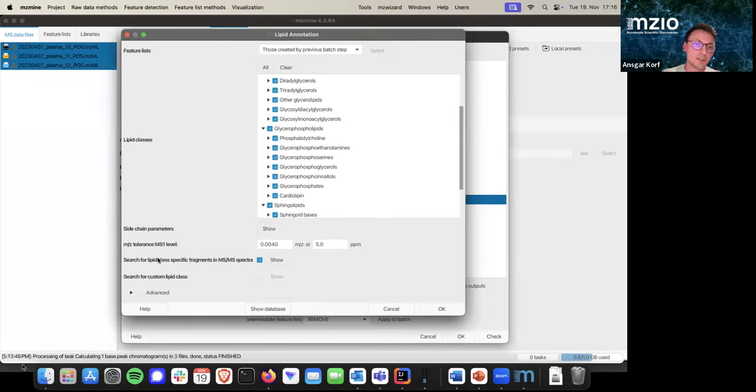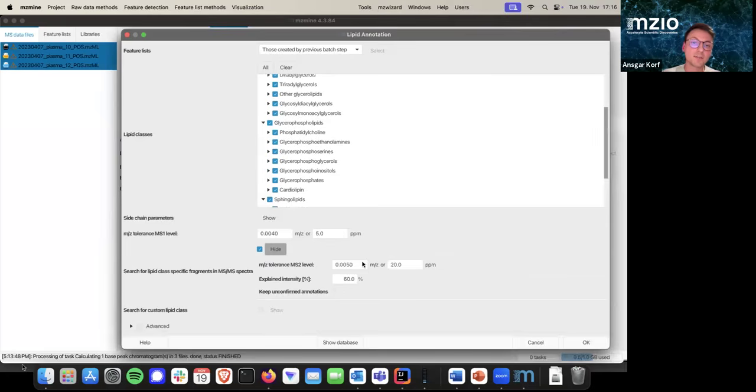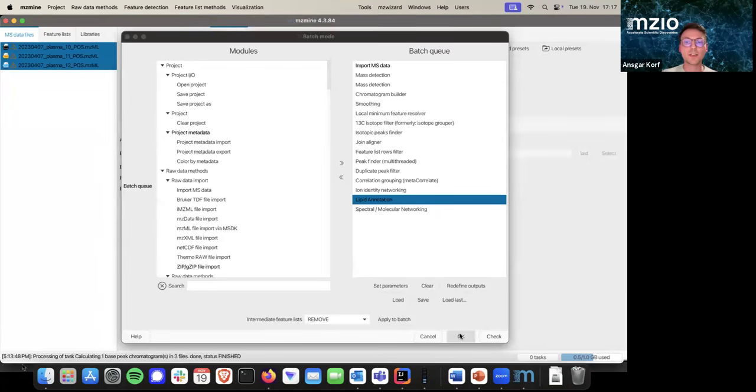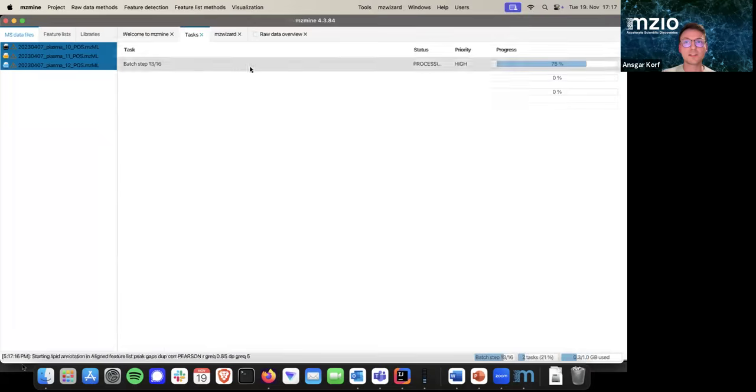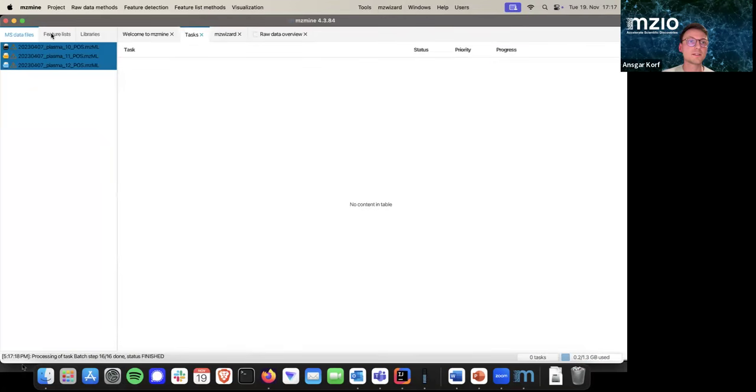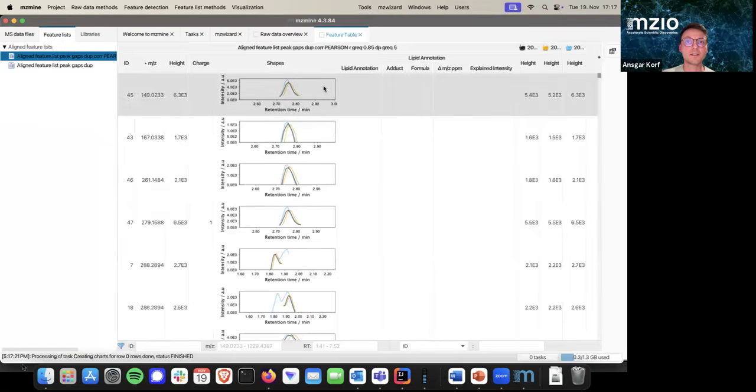And the most important parameter for LC-MS/MS data here is to search for lipid class-specific fragments in the MS/MS spectra. And here I can give another m/z tolerance, and I can give an explained intensity threshold. So this means the fragmentation rules now have to at least explain 40% of the whole intensity in an MS2 spectrum to create a lipid annotation. So, if I click OK now, then the processing of these 3 files starts, and I obtain the final